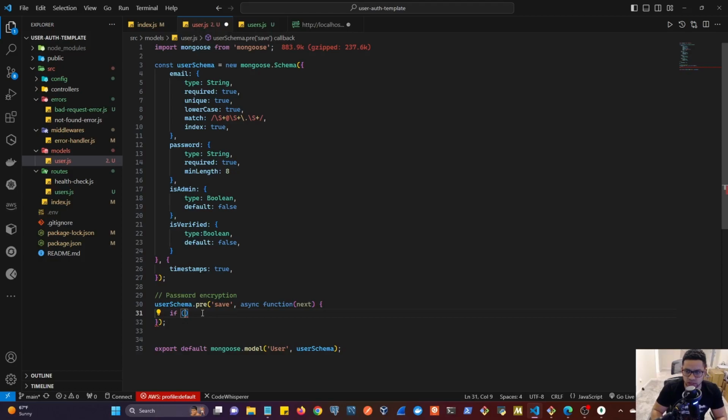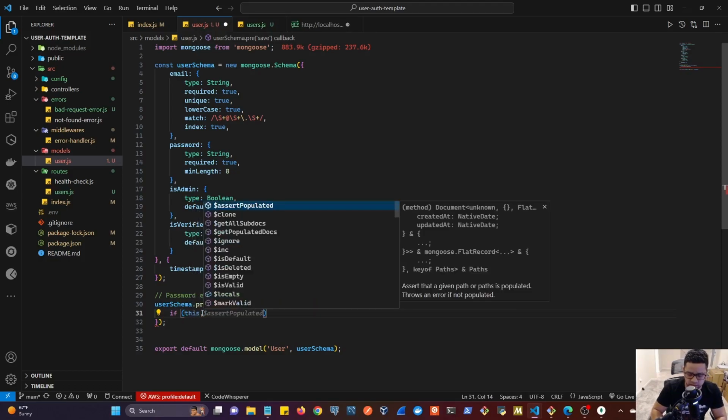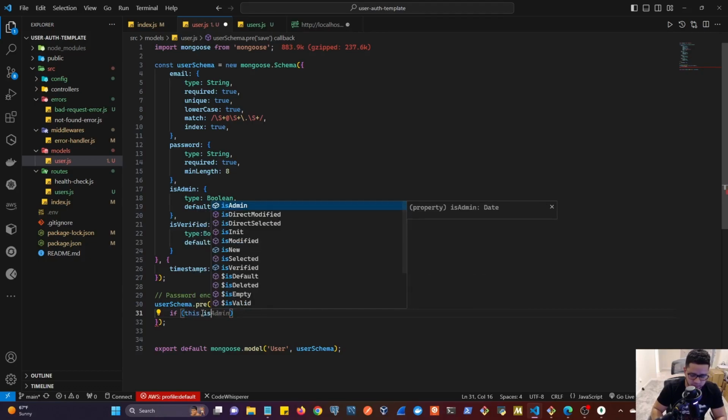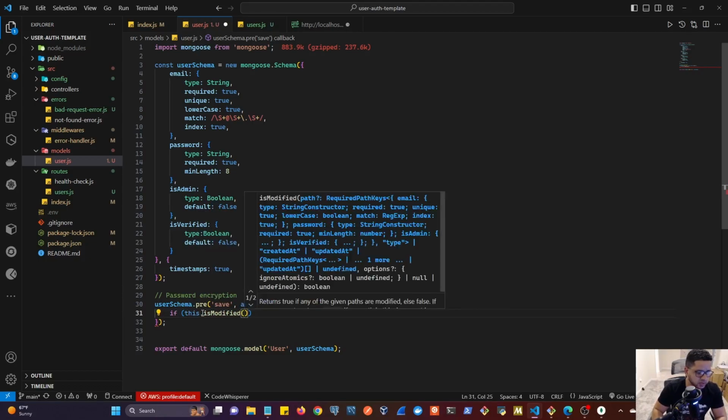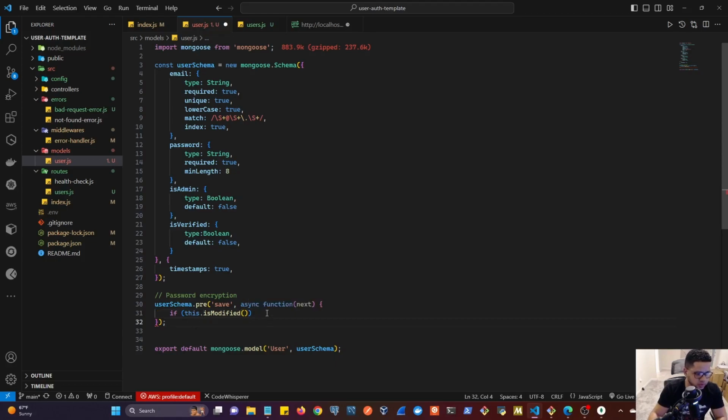Then we're going to check if this dot is modified here, which is something we can check with Mongoose. So make sure this function is a regular function, not an arrow function, because this keyword will point to the user schema that is being accessed at the moment. So if this dot is modified, and we're going to check for the password, it's to see if the password was modified. If that's true, we're going to create a new